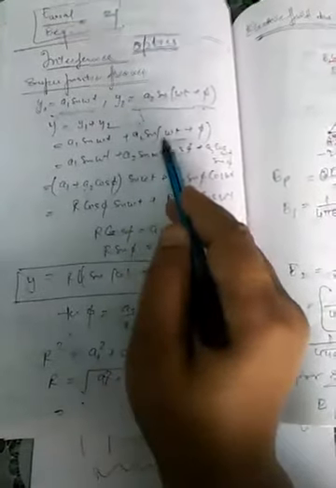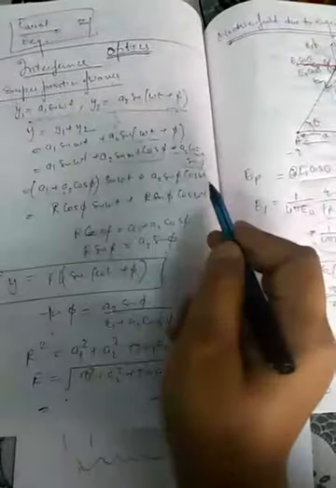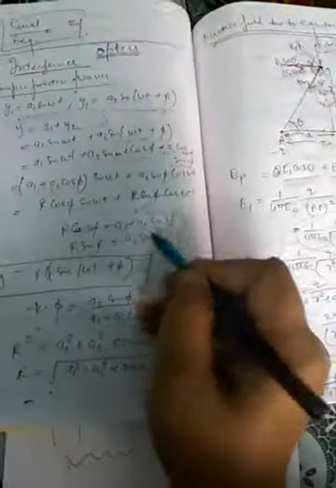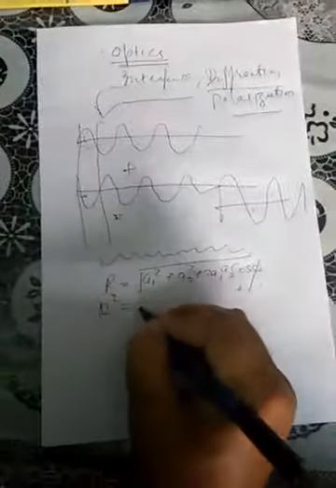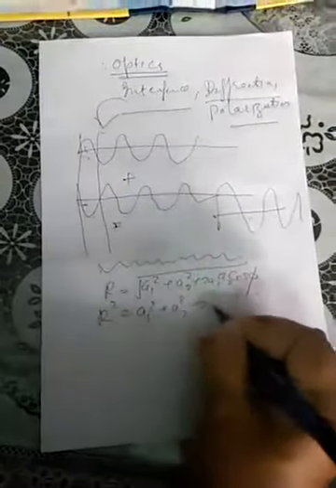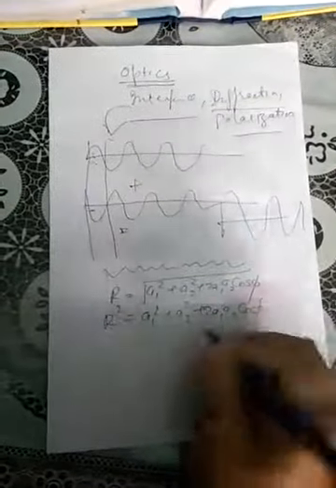When you expand it, sin(a plus b) is sin a cos b plus cos a sin b. We put this value in, so you will get this expression. Now collect the sin omega t factor and the cos omega t factor. We put this as r cos theta and this as r sin theta. Then we get the simple harmonic equation r sin (omega t plus theta). When you divide the two equations, we get the value of the phase. When you square and add, we get a1 square plus a2 square plus 2 a1 a2 cos phi, which we have done in the previous chapter on waves. That means r square is equal to a1 square plus a2 square plus 2 a1 a2 cos phi. So that was the equation for interference.